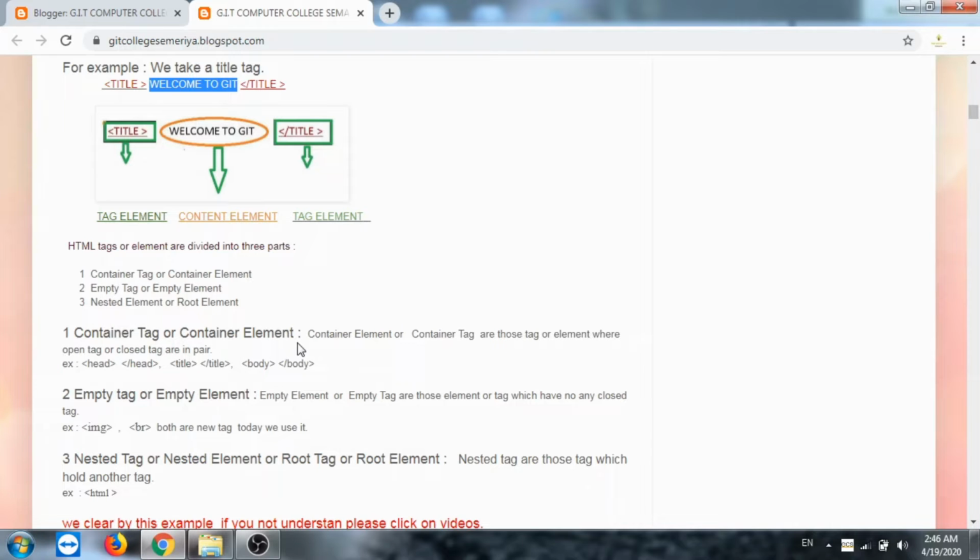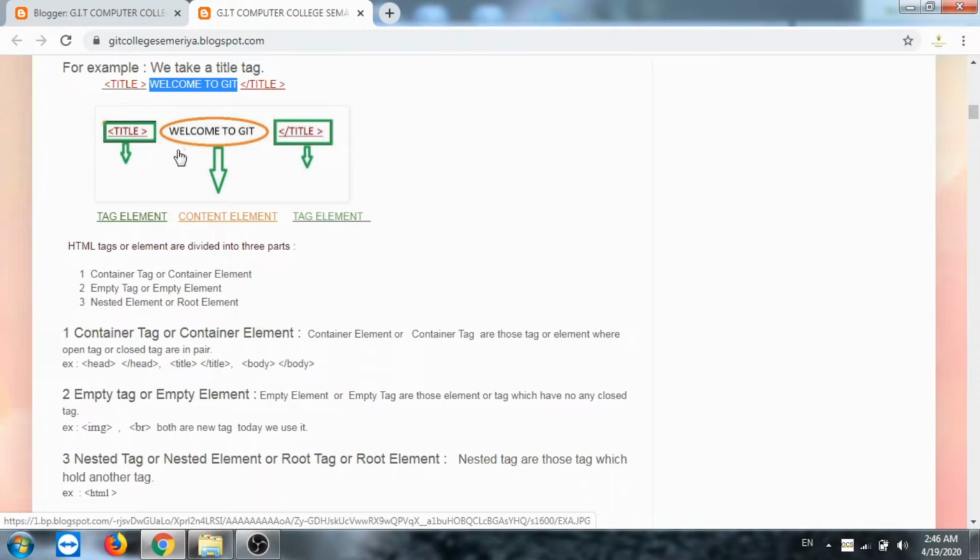Inside a container tag or element come all those types of tags which have to be closed, open and close, means in a pair. Any tag which has a pair. You see here, title has a pair, open and close.